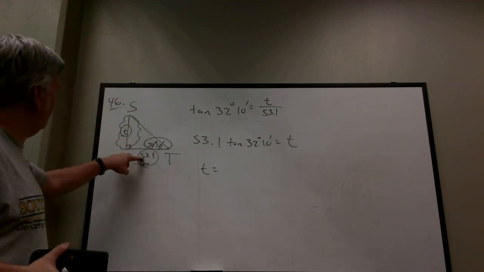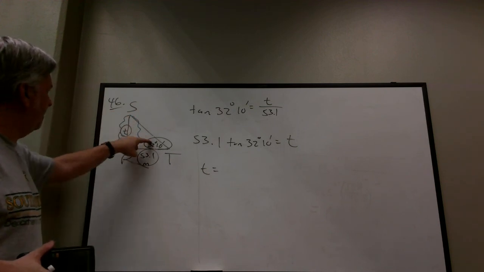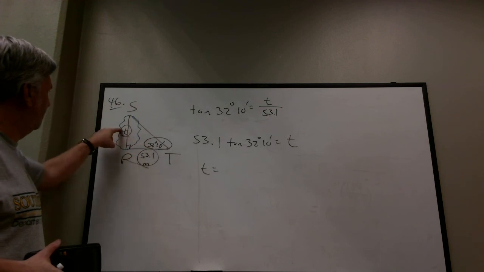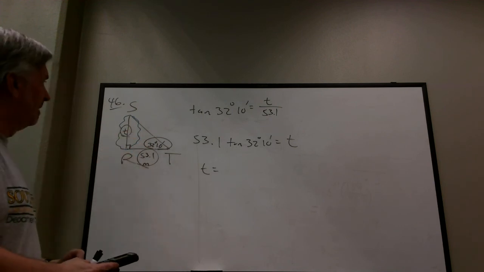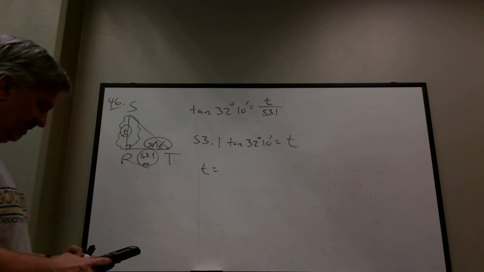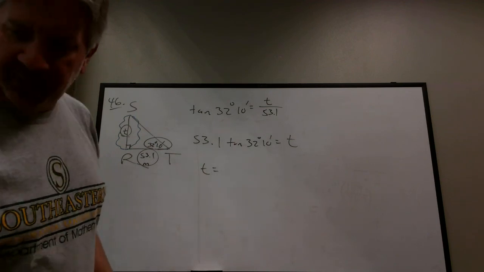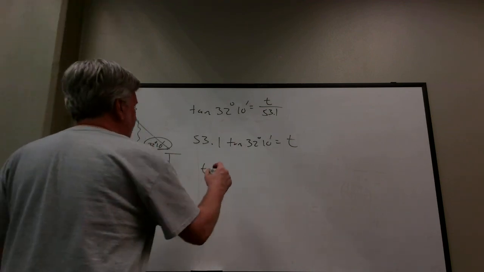is T going to be bigger than or less than 53? Right? This angle was bigger than the 32, so this side is going to be bigger than T. So T should be less than that. So 53.1 tangent of 32 plus 10 over 60. I got 33 point, well,